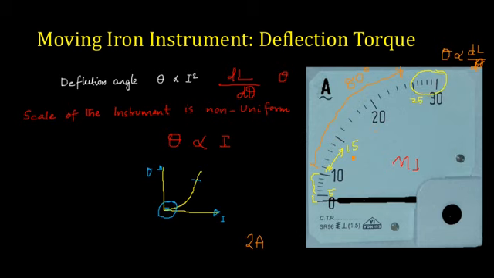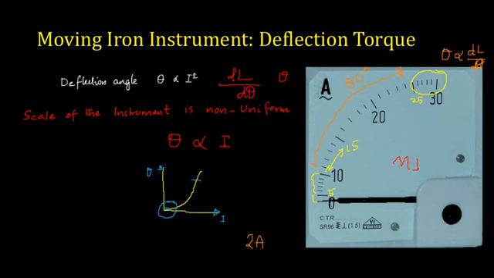At least remember these 2 points. Your scale will be non-linear, and you will have a cramped region at the beginning and at the end of the scale. At the initial section, it is due to the relationship between theta and current, and towards the end of the scale, it is due to the relationship between theta and the rate of change of inductance with respect to theta, or dL by d theta. So you will have a non-linear scale, and again you have to choose a scale in such a way that your measurement lies in the linear range.